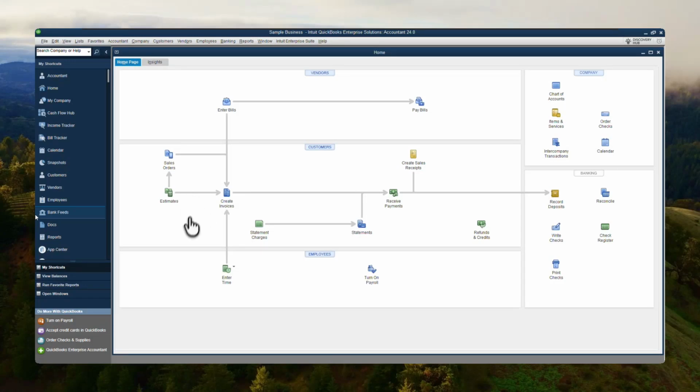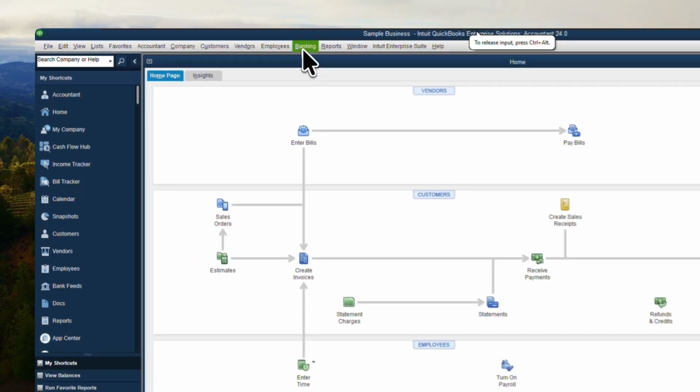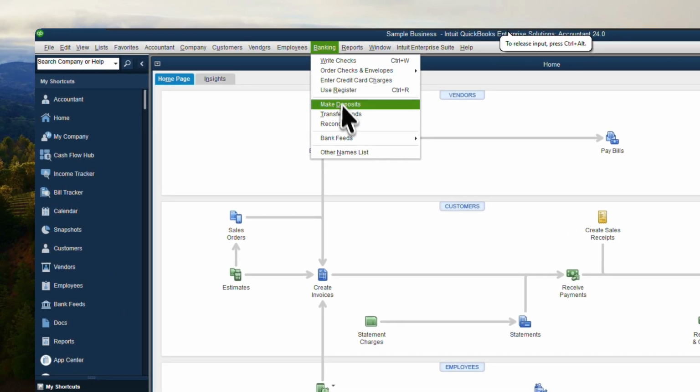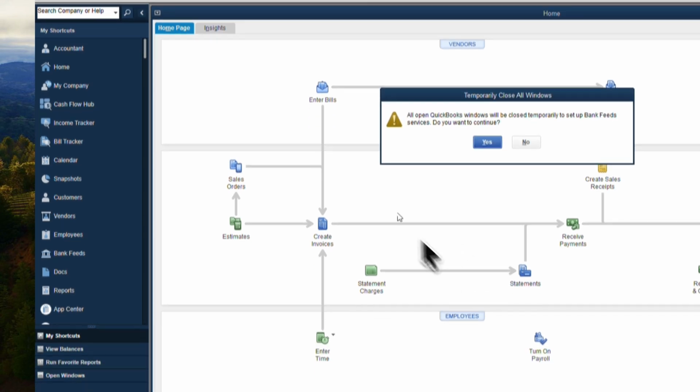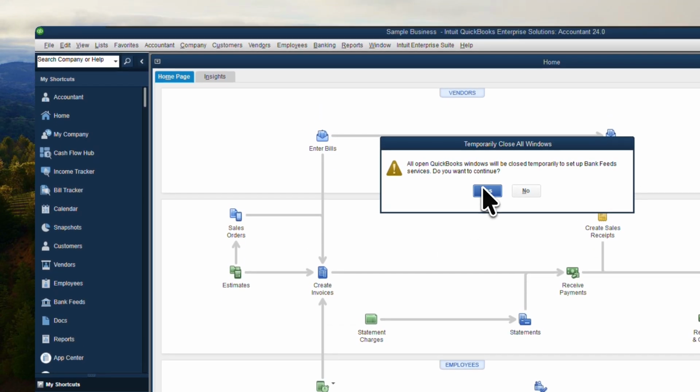In today's video, I'm going to teach you Bank Feeds Introduction, how to set up in QuickBooks Pro. To get started, go to the top menu in QuickBooks and click Banking. From there, choose Bank Feeds and then select Set up Bank Feed for an account. This will open the setup process and take you to the next screen, where you can click Continue to move